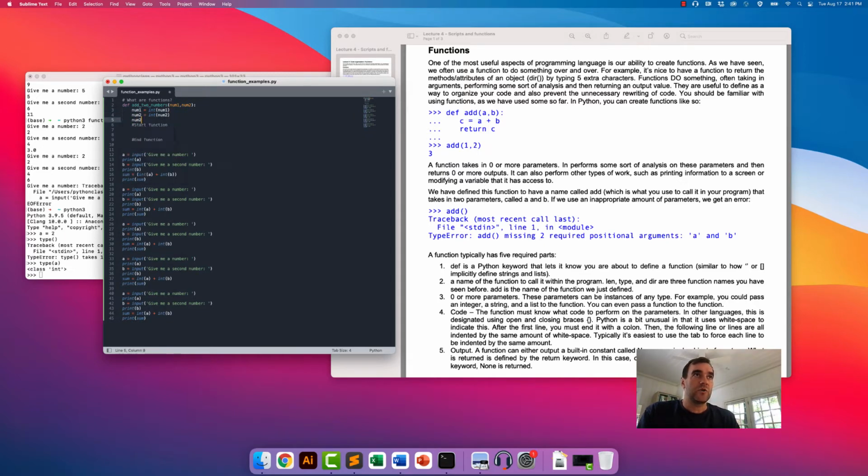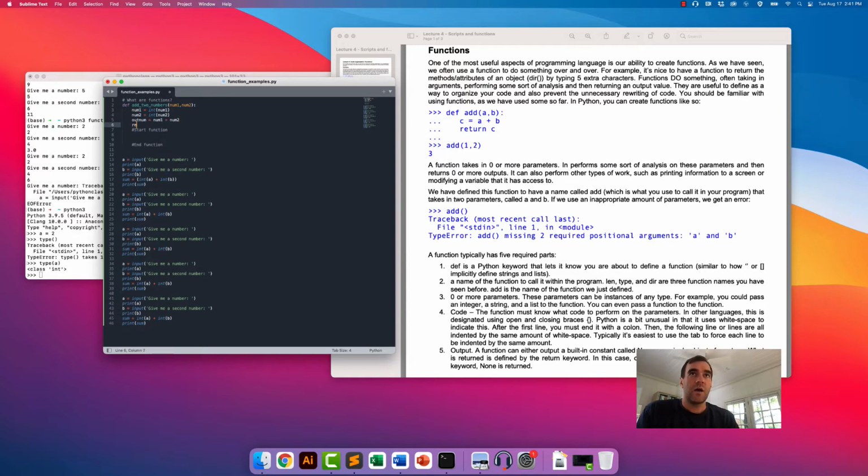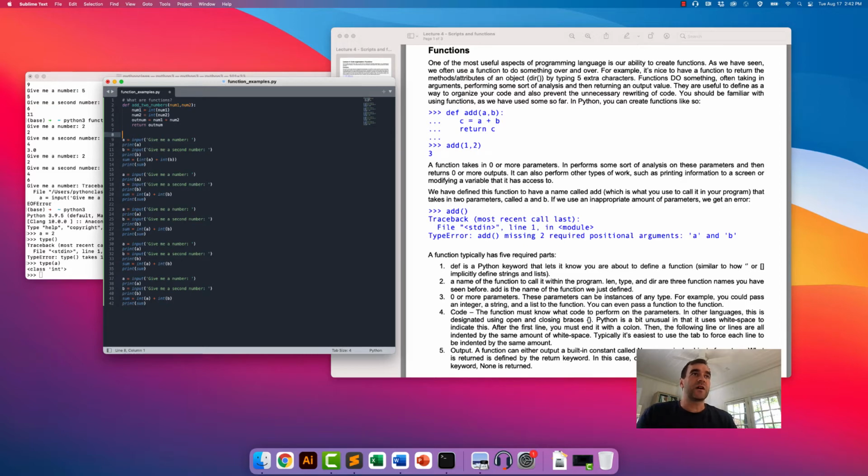And then we do the logic. So number 3, or let's call it outnum, equals num1 plus num2. And then we use this return keyword to specify what we want the function to return. And so you'll notice that all of these are tabbed,